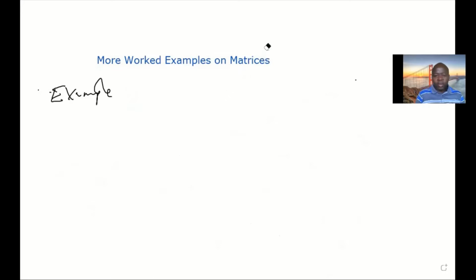That should be, I don't know whether it's example 9 or 8. No, the numbering is not very important. You can number it later. Show that